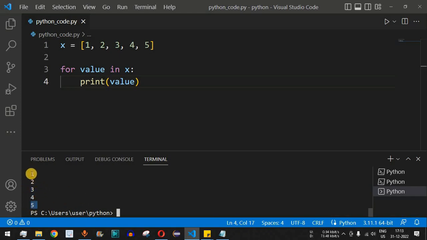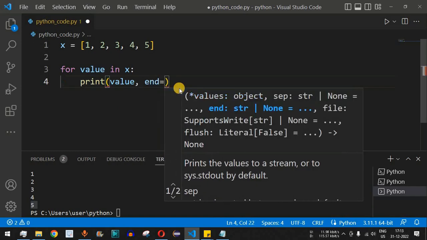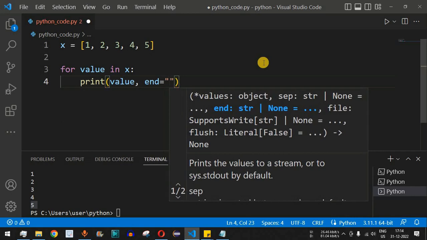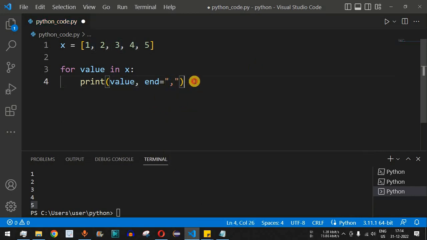Now guys, let's say we want all these numbers to be printed on the same line. Previously we had seen that we have certain parameters in the print function that will help us in order to print the values in a specific way. So over here we have one of the parameters, that is end. So we provide end, and this parameter helps us in order to separate the different elements that we want to print. So what we are going to do is, I'm going to separate all the numbers using the comma character. So I have provided the comma character over here. So all the numbers that were printed on different lines will get printed on the same line now.